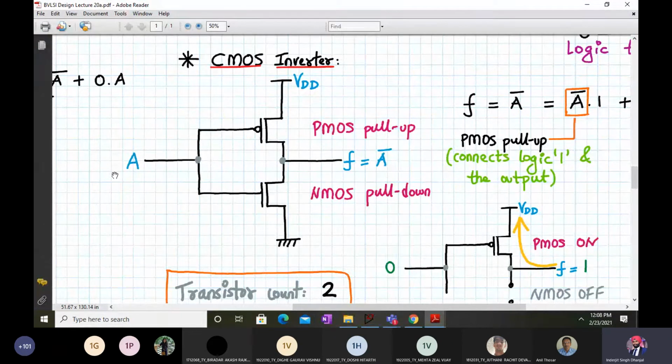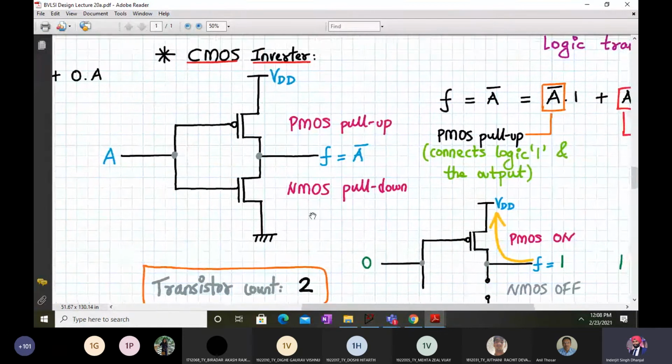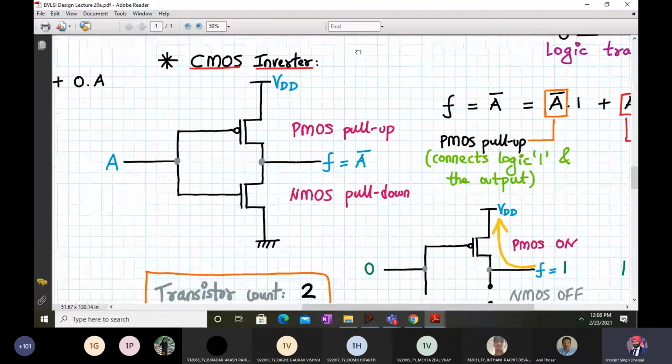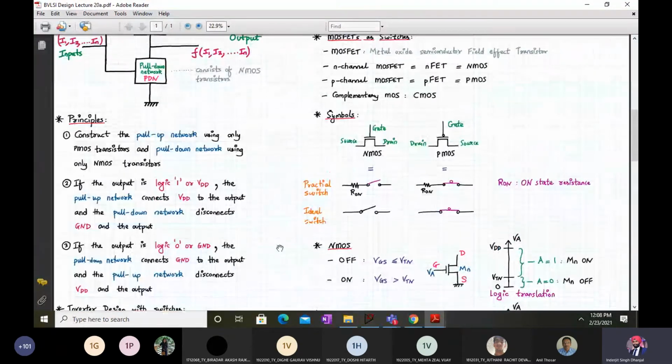Here, indeed, we have only one input, A, and the output is A bar. So it's a simple NOT gate. Basically, if you consider it in terms of a gate, it's a simple NOT gate. But if we want to draw it using static CMOS logic or transistor-level implementation, then you have to do it this way. Very soon we are going to see this, but let me just discuss a few things before we arrive at it.